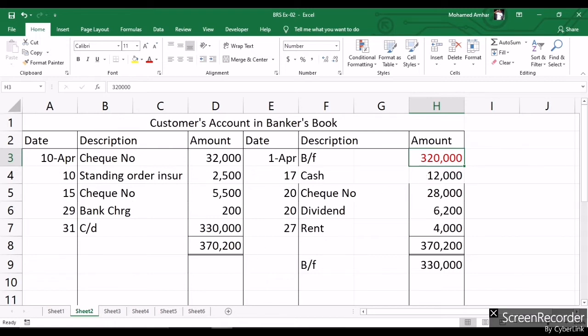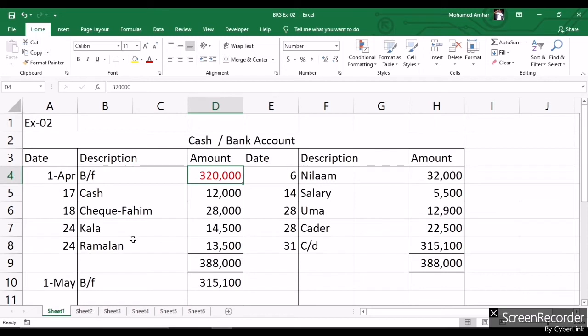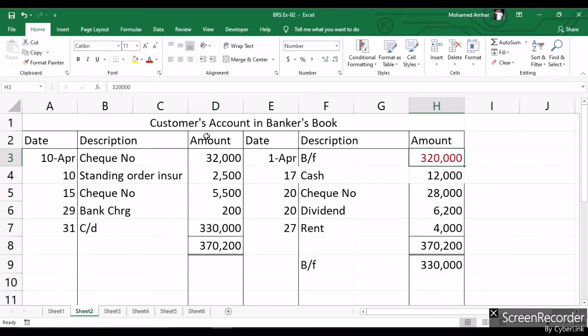Check that is that amount is in the cash book also in the debit side. Yes, so we can tick these two amounts, 12,000, and in the banker's book 12,000 in the credit side, right? Okay, and then